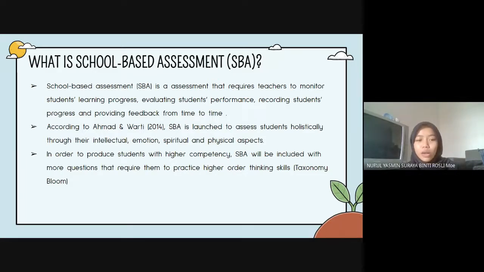According to Ahmad and Warti 2014, SBA was launched to assess students holistically, as a whole, through their intellectual, emotional, spiritual, and physical aspects. So it does not only focus on the intellectual side of the students, but also looks into the physical aspects. And also, in order to produce students with higher competency, SBA will include more questions that require them to practice higher order